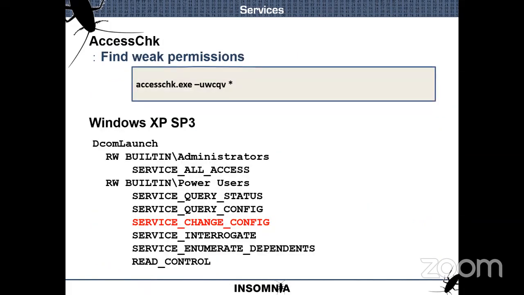AccessChk can be used to easily spot configured services with weak permissions. This is one from Windows XP SP3, and gives power users the ability to modify the service.